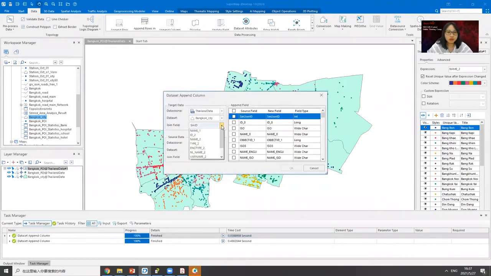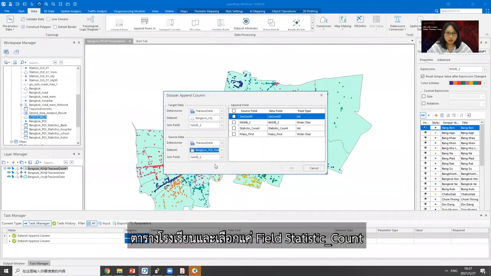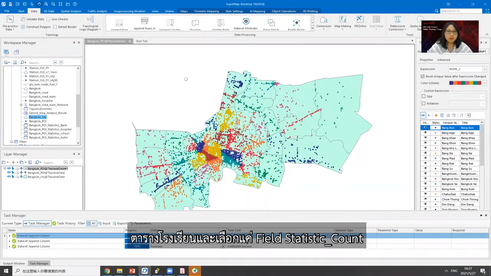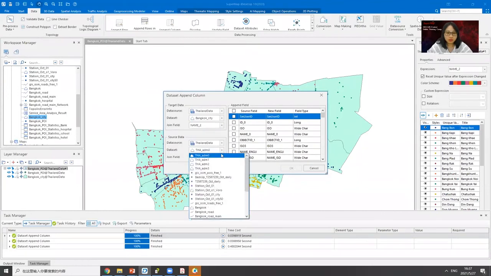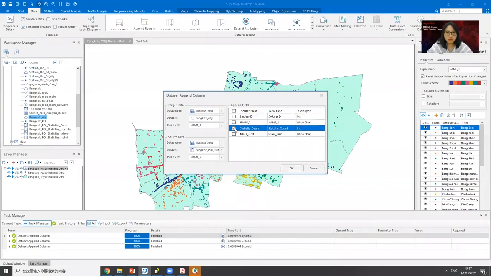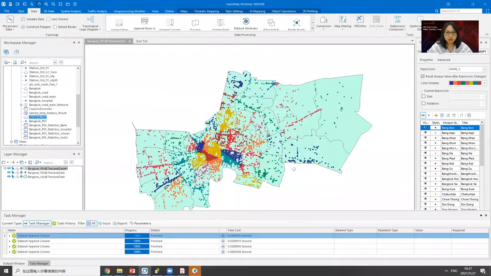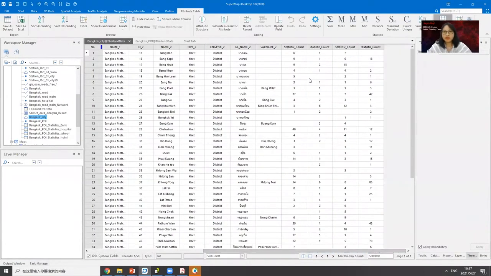And the third one is school. The number 2 and the statistic count. Here. Number 2. I think this is the last one. I see. 4. Okay. So let me check the result. Here we found the